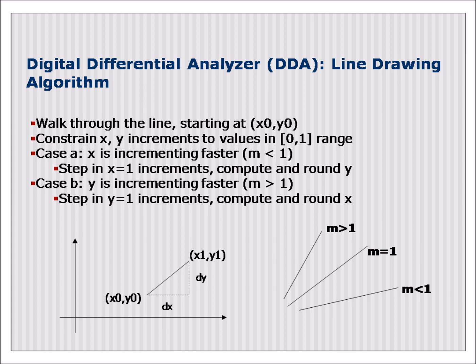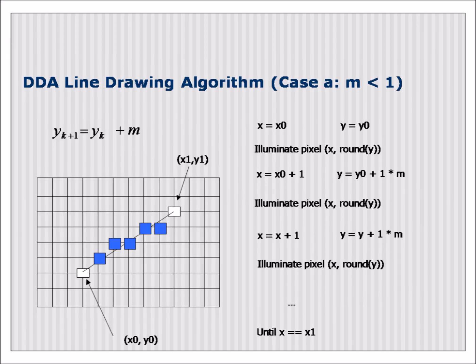In the figure below, at the right side, you will see the algorithmic conditions depicted when the slope is greater than 1, equal to 1 and less than 1. That is, m greater than 1, m equal to 1 and m less than 1. The first case, that is m less than 1, is depicted